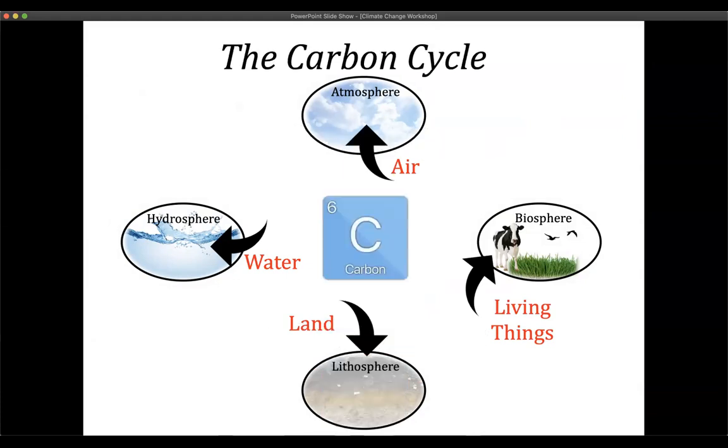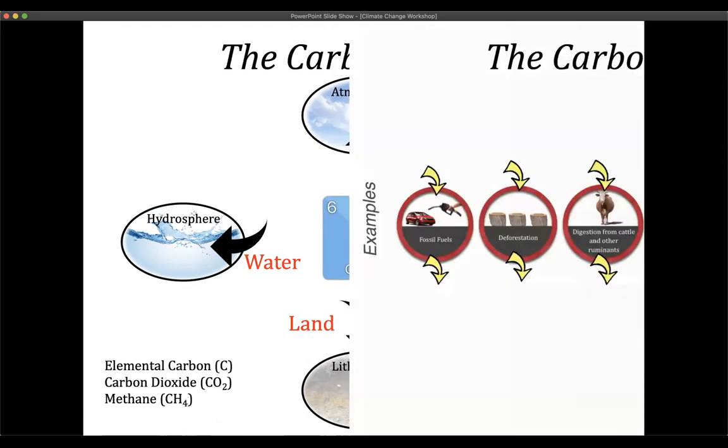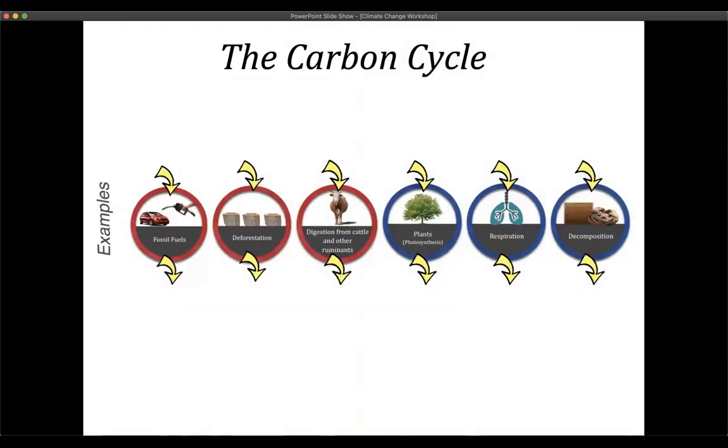So the carbon cycle is when carbon is moving from one sphere to another. Okay, in its very simplest definition, when carbon moves from one sphere to another, it's called the carbon cycle. Okay, and we can be talking about elemental carbon, carbon dioxide, or methane. Those are carbon in different forms, and that'll come to play a little bit later. So here's a way to explain the carbon cycle in a linear fashion to your students, just to build those blocks in the beginning to help them understand.